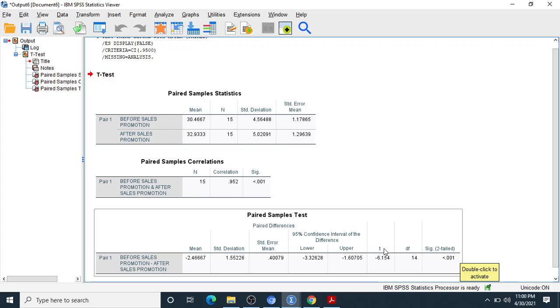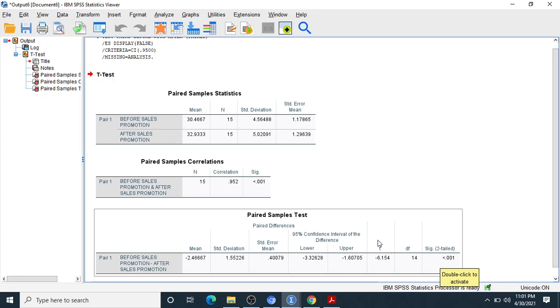The t value is this one, then the degrees of freedom, and the significance is less than 0.05. What is this result showing? This result is showing there is an impact of promotion on the sales. It means if we do promotion, sales will increase. The same we can write down in our report.